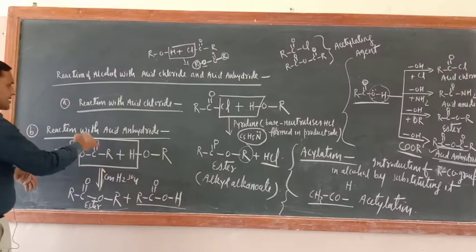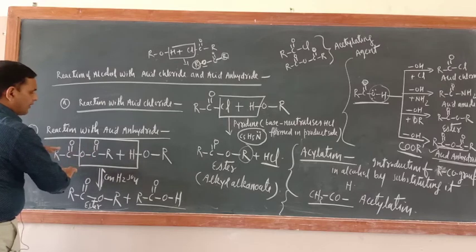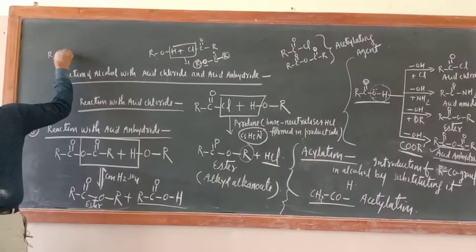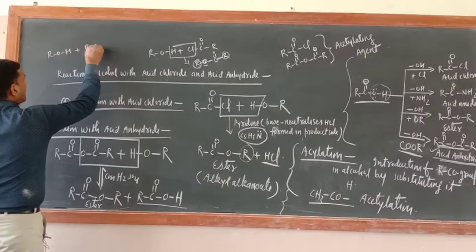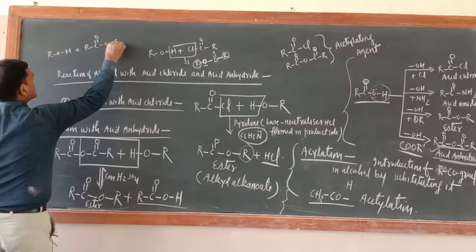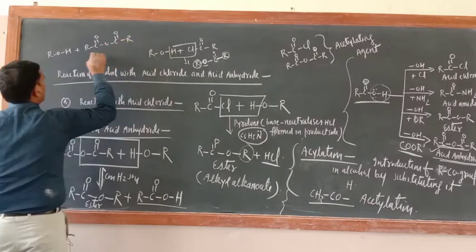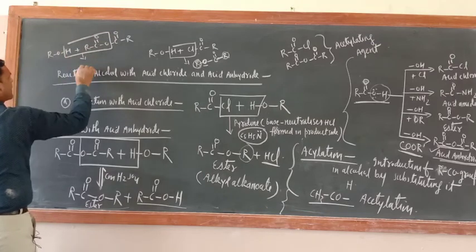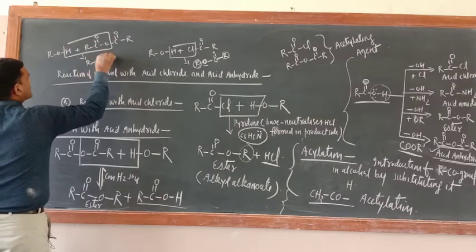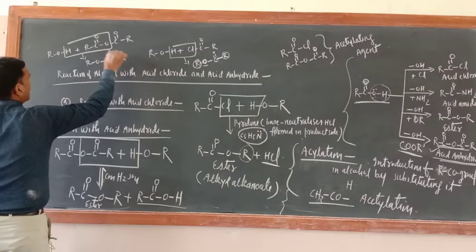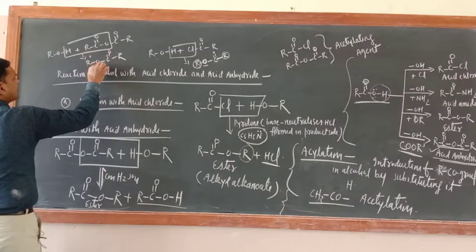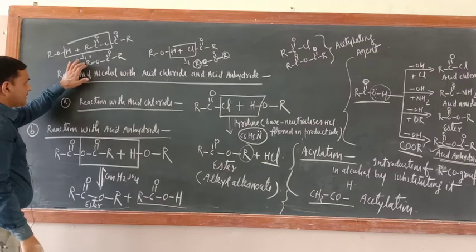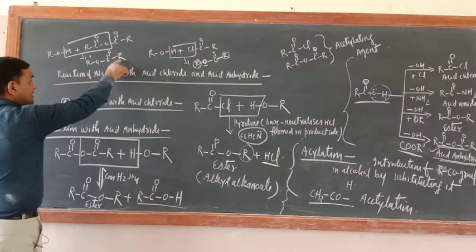Now you can reverse it also. Reverse means write alcohol first and this one later on. So ROH, and here RCO-O-COR. What is the product? RCOOH, and here ROCOR. R dash is always the one bonded with oxygen. So just see, let it be R dash first, this R should be first.